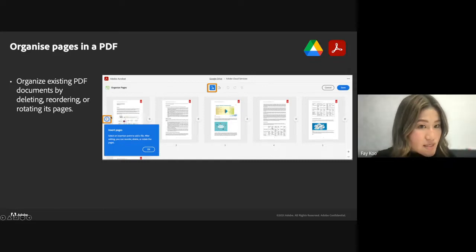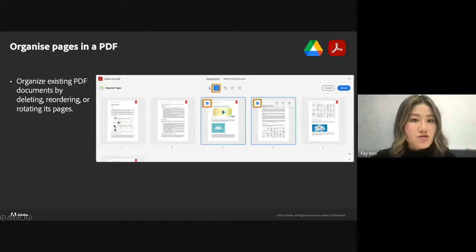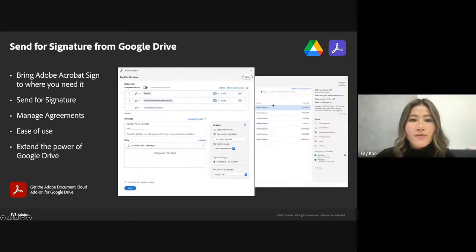I can also add additional pages as well. I can drag them around, reorder them. I can change the orientation as well, as you can see from here. So it's a really good feature to just have that capability in Google Drive. And the last